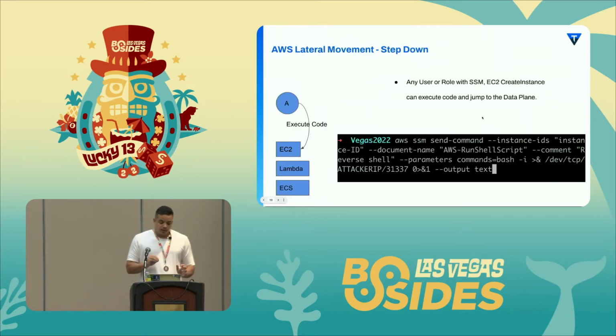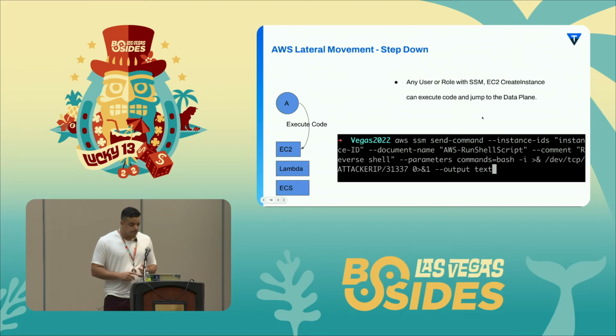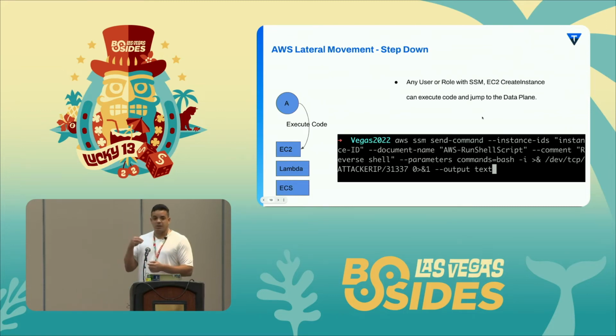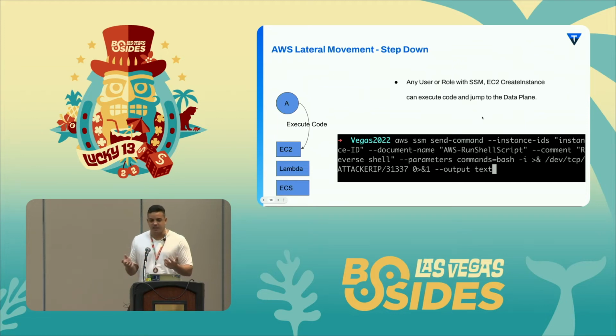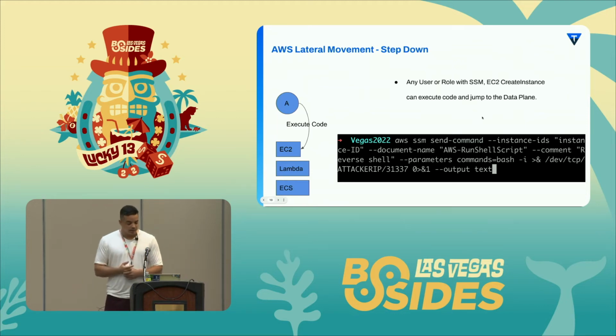So there's another kind of lateral movement that I call here step down. That means when an attacker is able to get any kind of credentials, access keys, or login and password without MFA from a user, or perhaps with MFA, with phishing, the attacker gets this credential, connects to the control plane, and if he finds out there is a VPC there, and he wants to see what else is in that VPC, he doesn't have enough permissions to walk around that network, well, he creates a new EC2 instance,